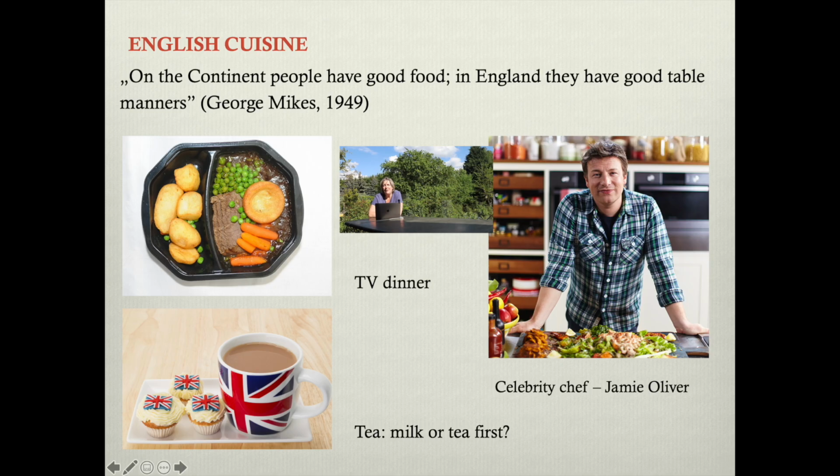of English tea, which is traditionally drunk with milk, and the question whether you pour the milk or the tea first. This is actually a class-related question, because in the 18th century, when tea became very popular and all the paraphernalia, including very expensive, delicate china sets for the tea, were also used, and they were a very important status symbol, the really rich people, the aristocracy and the upper class, they could afford best quality china, so there was no danger in pouring the hot liquid, the tea, first and then colder milk, whereas the middle class had slightly